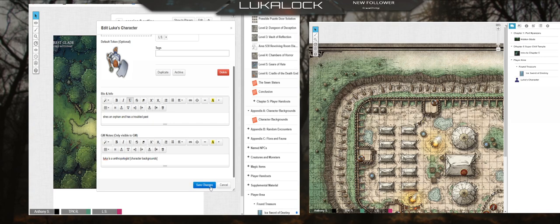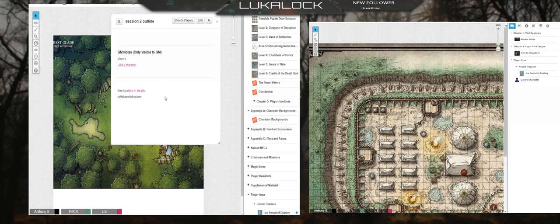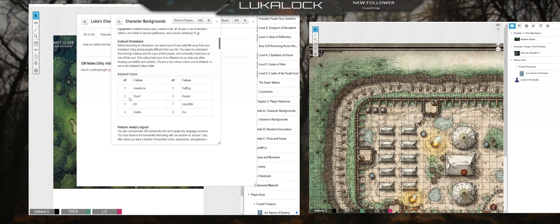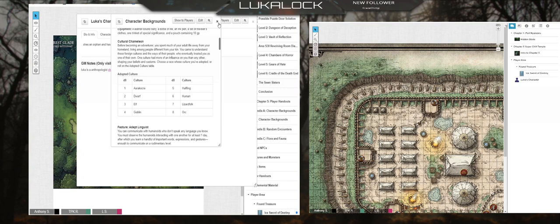Okay, so what I can do is I can come here, and in my session 2 outline I've got my player area. So if I need to, like, what was the thing with their thing again? Let's see, pull that up. Character. Oh, she's an anthropologist. Okay, that means she can do this. Okay, I've got that saved in her character so that I can click that anytime I need to pull